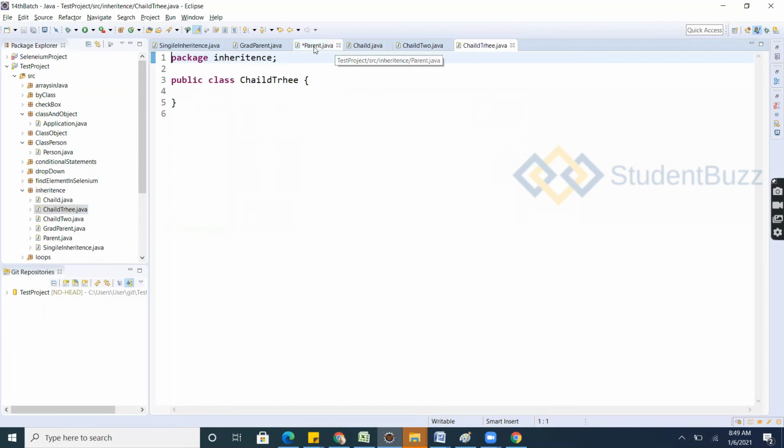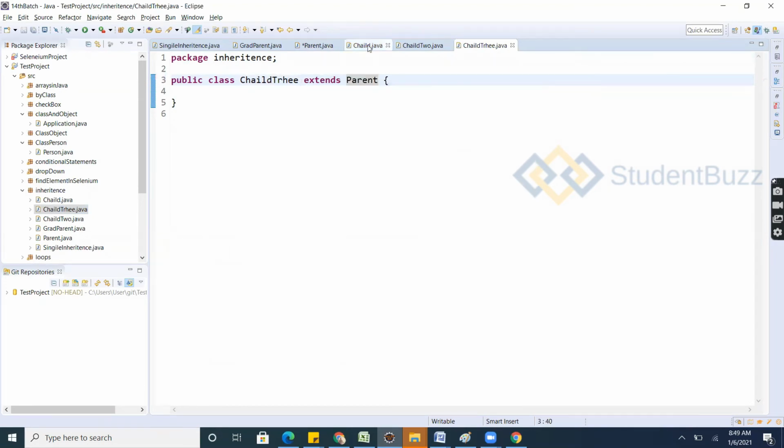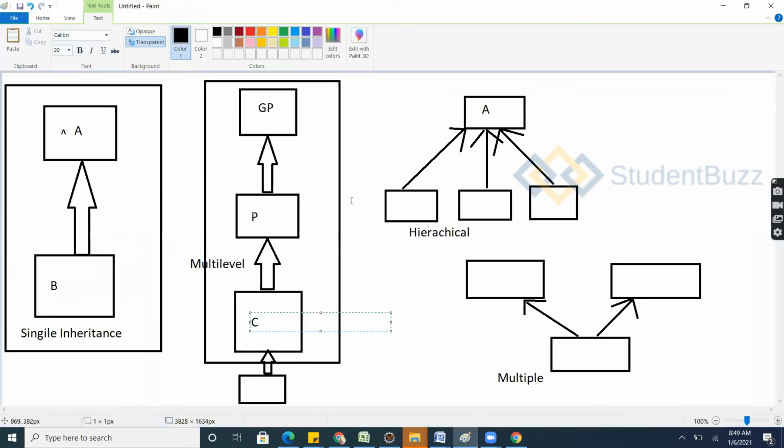So the parent can extend to any number of childs, right? If he is earning 100 rupees, he can give it to the 3 children, right? Child 2 also can extend it. So here, we'll say it's a parent.